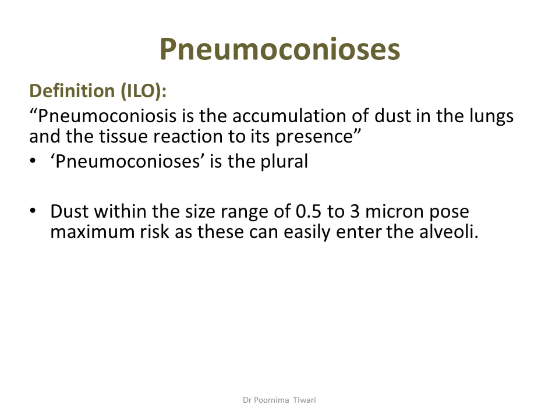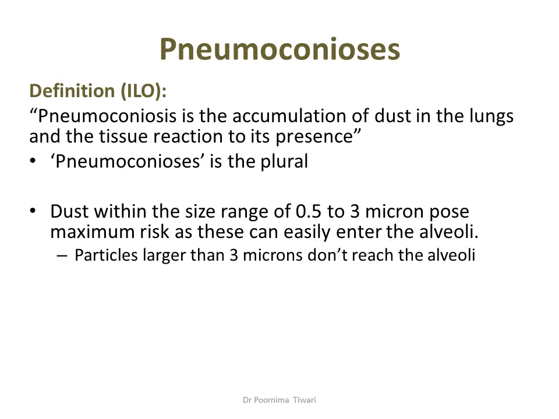Dust within the size range of 0.5 to 3 microns is the one which poses maximum risk because these can easily enter the alveoli. Particles larger than 3 microns do not reach the alveoli. They are trapped before the alveoli in the cilia, in the mucous lining, and are gradually pushed out towards the larynx and coughed out. And particles smaller than 0.5 microns are inhaled in and exhaled out, and so do not deposit